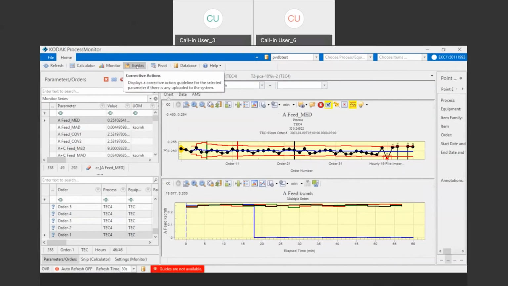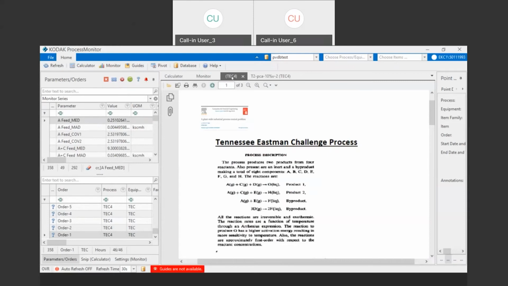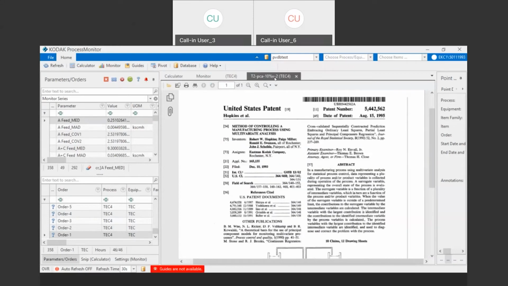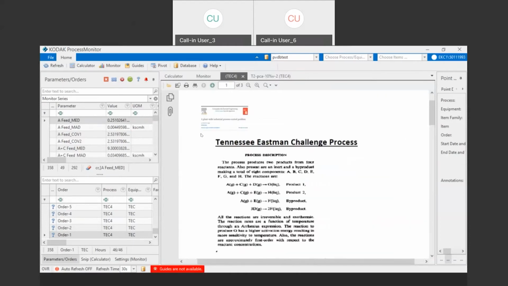We have these guides that we have available, and I showed you an example of that. These are basically built into the file as information files, if you will, and you can do that generically by process and also on the specific parameter. And information could come up that would help someone who was reacting to this, who maybe isn't the engineer on the process. In other words, a technician or an operator. So that's integrated into the system,